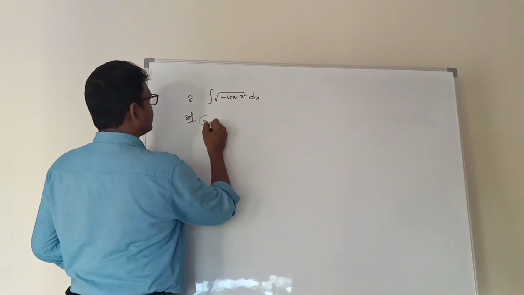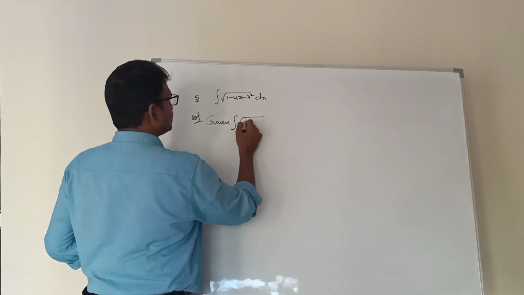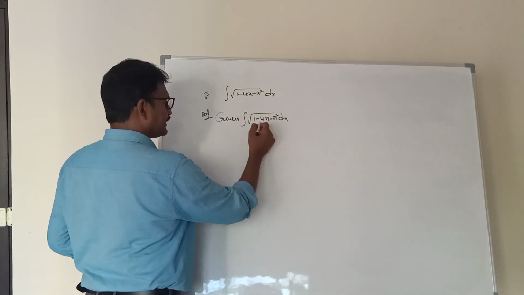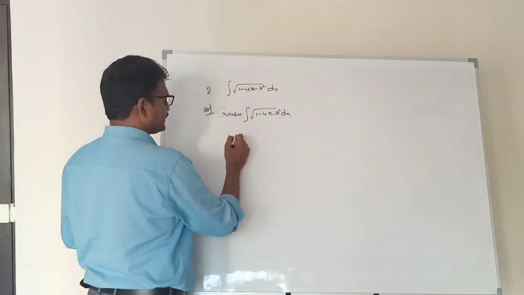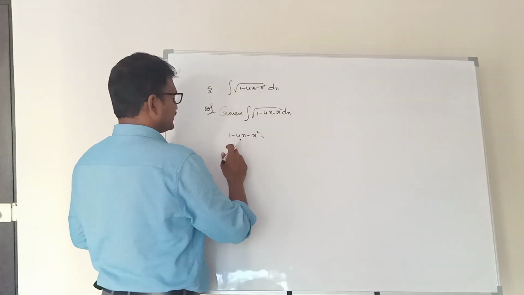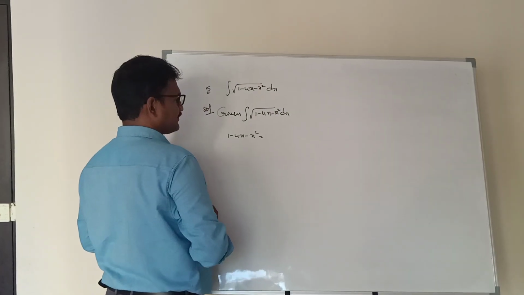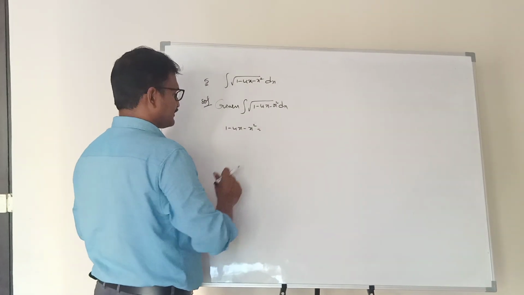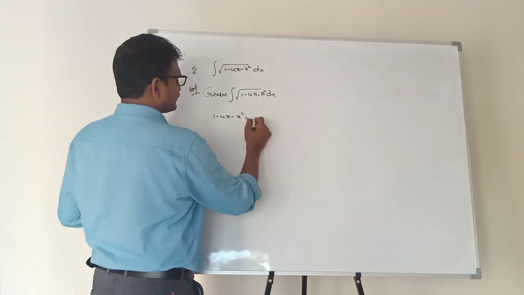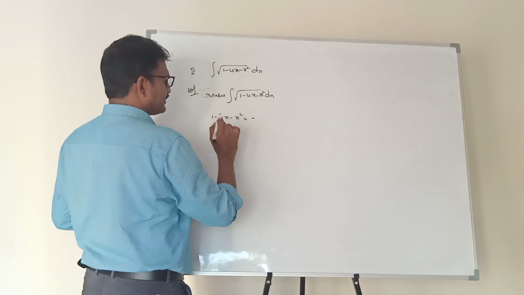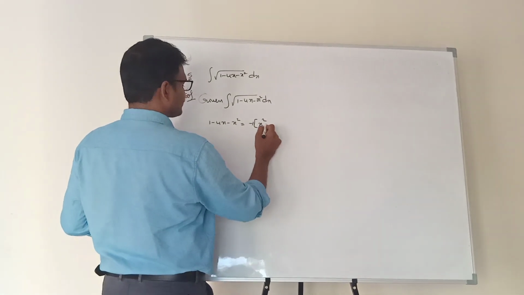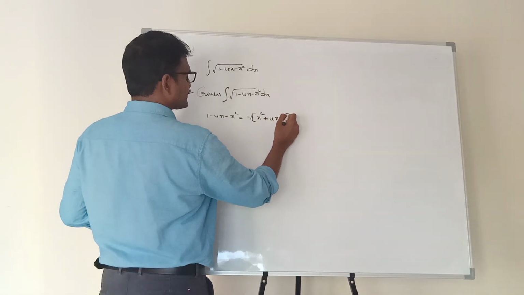Integral of root of 1 minus 4x minus x square dx. Here again a root of a quadratic expression is there. So take the quadratic expression and simplify it, and write it in the form of a perfect square. How to write? Take minus common. Here the x square coefficient should always be 1, so take minus 1 common. If you take minus 1 common, you will get x square plus 4x minus 1.